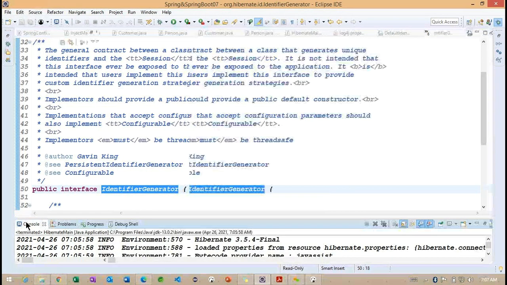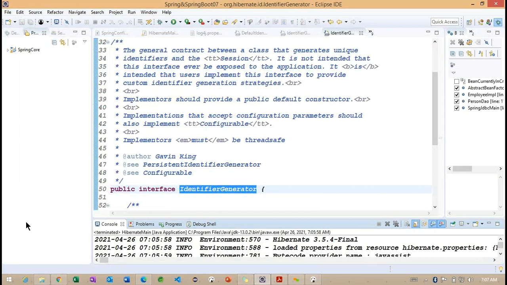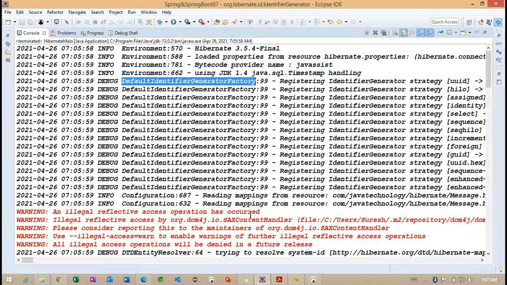So we give an option to Hibernate to provide the default behavior of this primary key information. That still comes under this DefaultIdentifierGeneratorFactory.